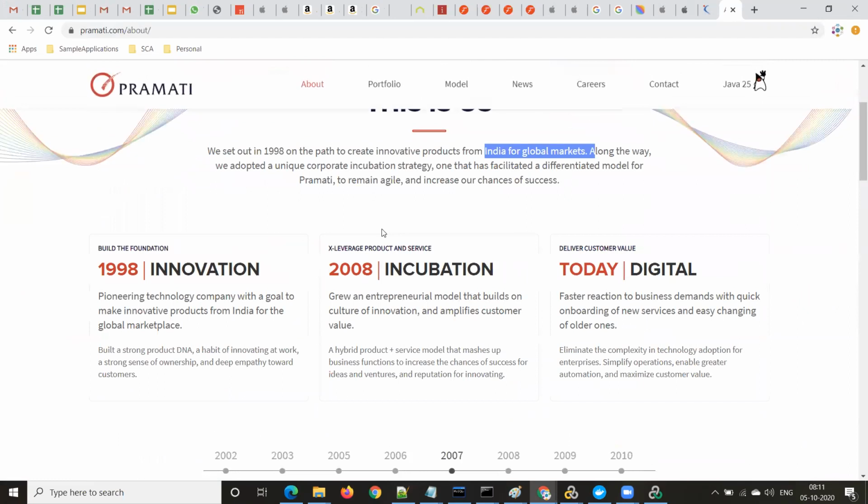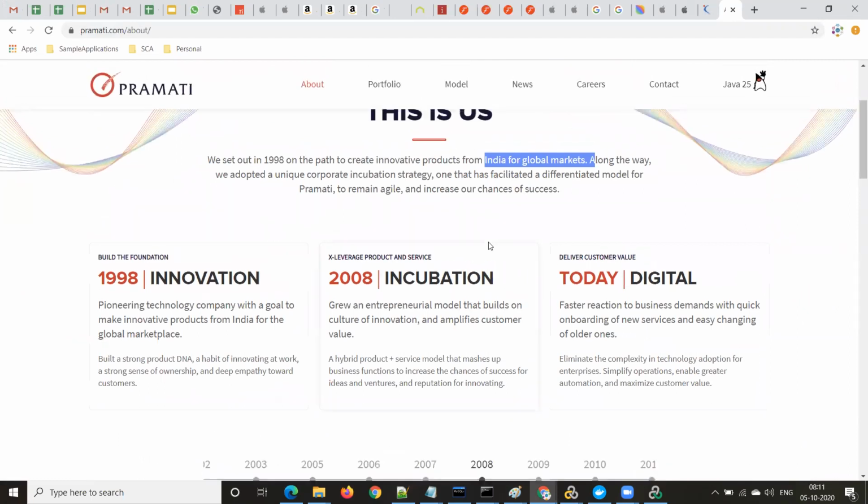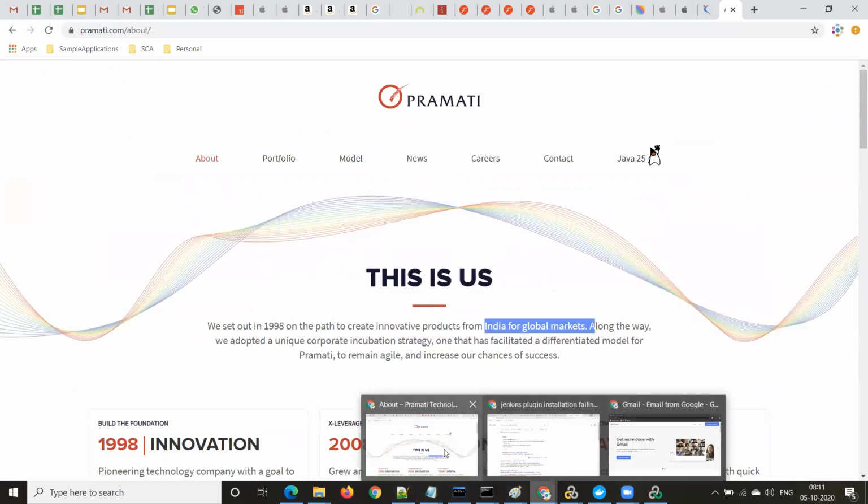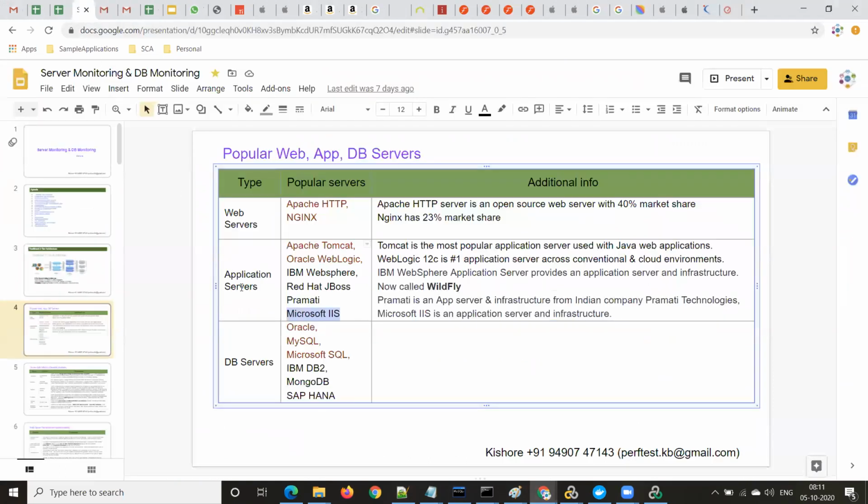It's not mentioned here, but this is a Hyderabad-based Indian company, Pramati, and they have developed the Pramati application server. So let's go back to this slide.